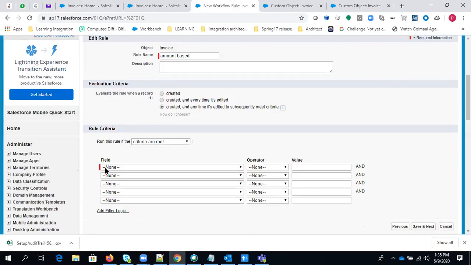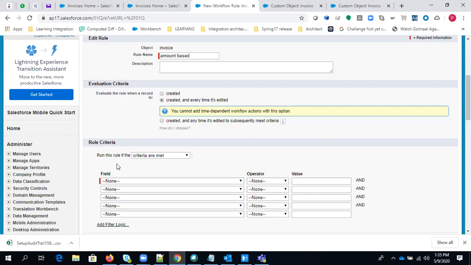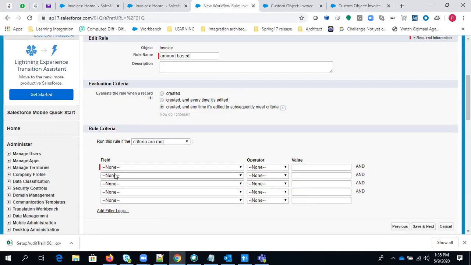You can see here the criteria is a required field. So if you select this particular option, then it won't check the criteria. It doesn't matter which field you are editing, the workflow will fire. The workflow will check the criteria and it will perform the action, right? But in the third option, if you are editing the record, it will check that particular criteria. If that criteria was not met earlier and you are just editing the record to match that criteria, then only the workflow will fire. Otherwise it won't fire for any other field edit. Is it clear now? Okay.